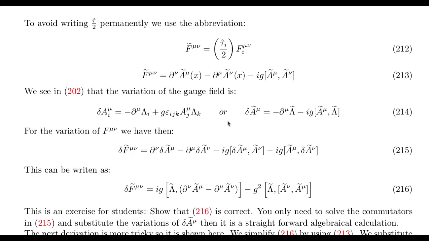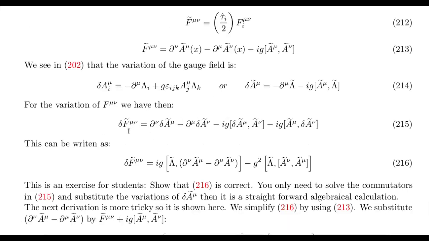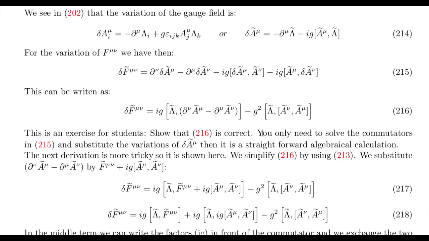Then for the variation of the field tensor F, we can write directly from 213. So the variation of F is variation of the first term. So we have here delta, variation and differentiation are commutable. Here we have the variation of the second term. And here in the third term we have twice the A. And that means here in the first term we vary the first A, and here in the second term of 215 we vary the second A. This can be written like